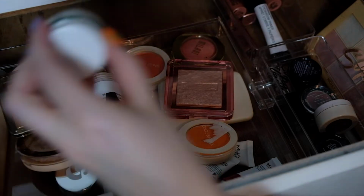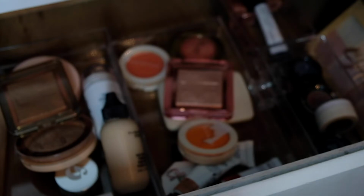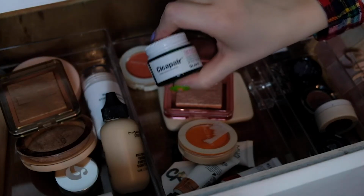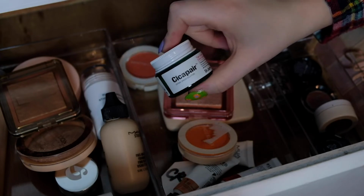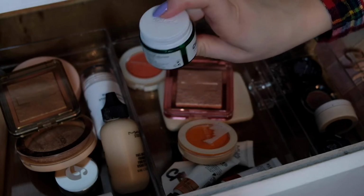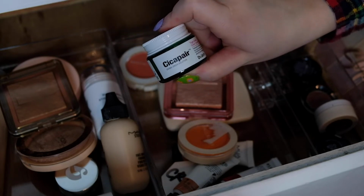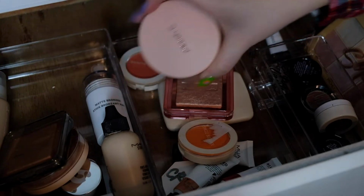I think I'm gonna take out my Dr. Jart Cicapair. I'm not sure how this is pronounced, sorry, I'm completely out of frame, but it's like a color correcting thing. I need to try this a bit more, I think. So I'm gonna take this out,